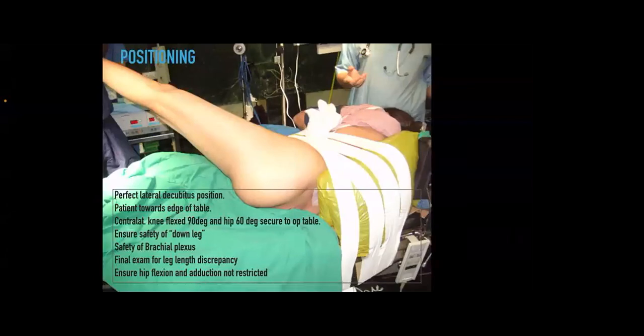As you can see in this, we have a pillow behind. There are tables where you have all the adjacent posts available. So they see to it that it is well fixed. So even if you are using a pillow, see to it that it is well fixed and it is not moving,